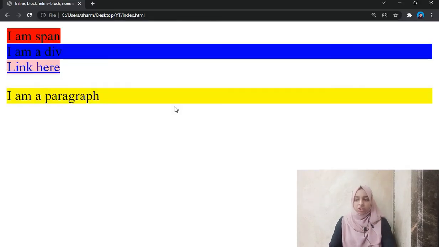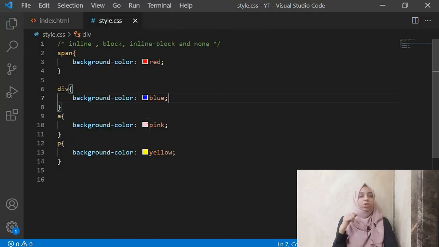So in HTML there are a few elements which are by default inline and a few elements which are by default block elements. Those elements which take the entire width of your page are your block elements. For example, you have the div element over here, you have the paragraph element over here. And those elements which only take the space which their content requires are your inline elements.